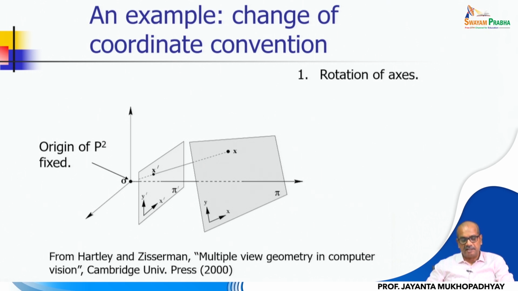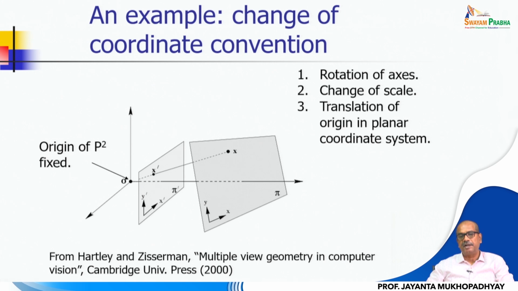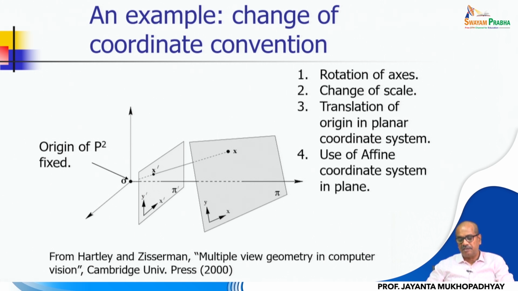So there could also be, on the same plane, rotation of axes, change of scale, or translation of origin in a planar coordinate system. Consider the use of an affine coordinate system in the plane, a coordinate convention where the two coordinate axes are not rectilinear, not perpendicular. But whenever you express any coordinate value, these distances are defined by the parallel rays,